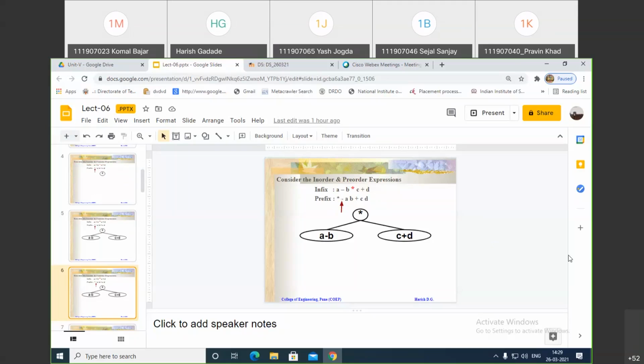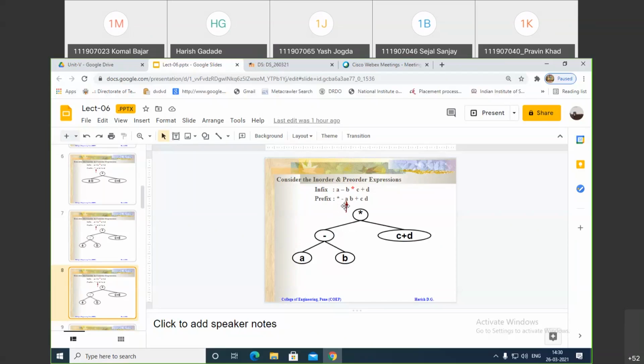Now see, this is the current scenario. So whatever the minus, that you search into this tree. So where is that minus in this subtree? So minus is here. Now make this minus the root of this expression, and left of this minus is a and right of this minus is b. So you can see here, minus is the root and a is the left of this minus and b is the right of this minus. Again increment this pointer to the next.